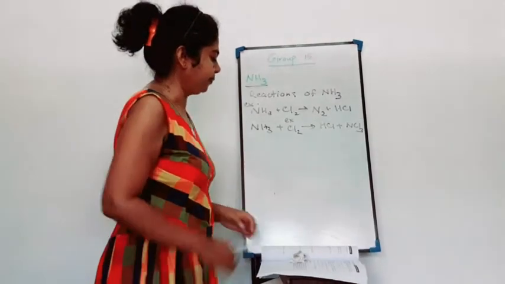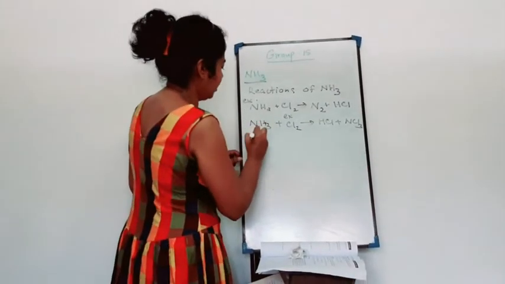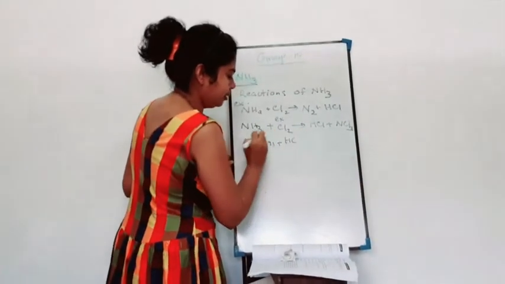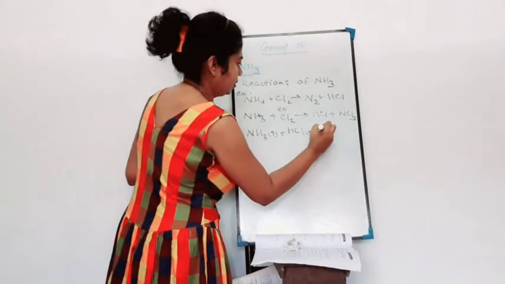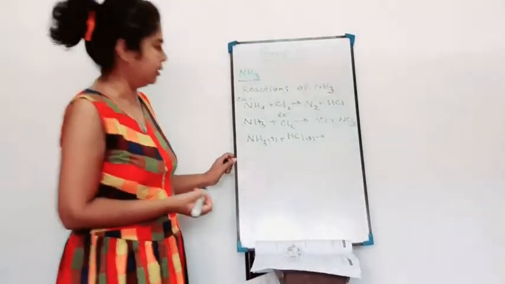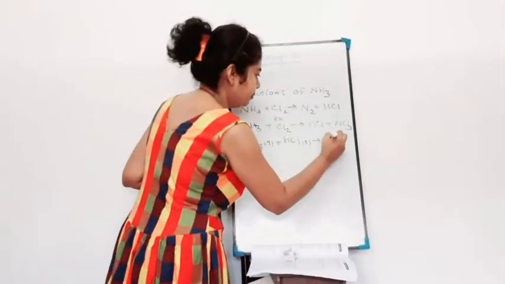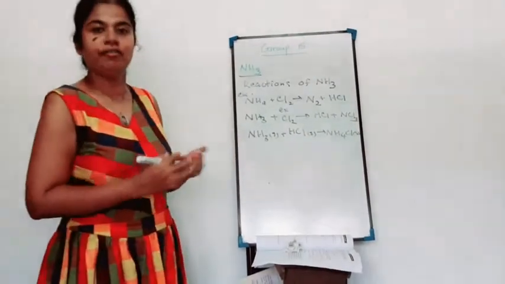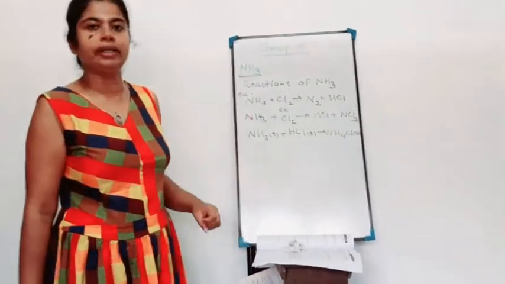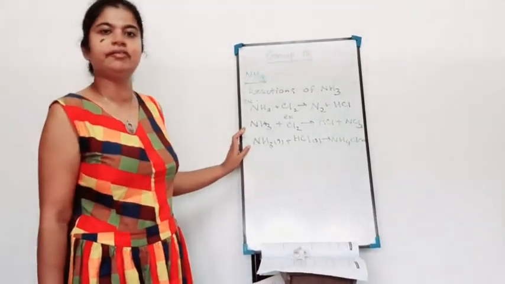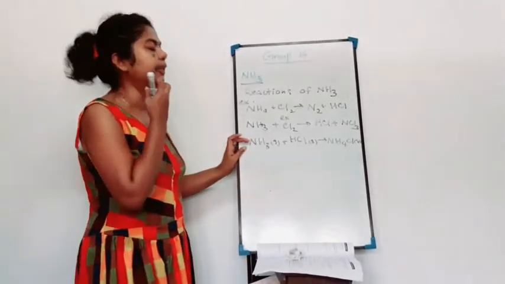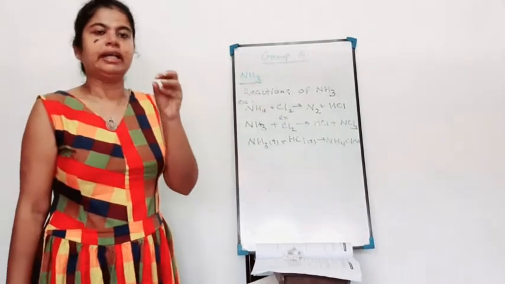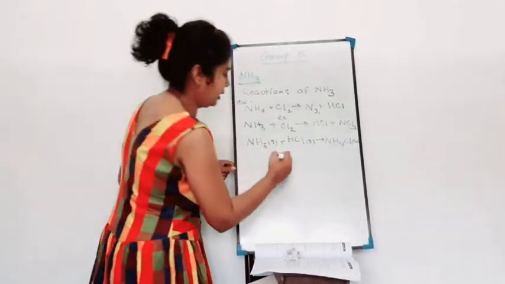Then we come to the next one, ammonia gas with HCl gas. What will be the product? It forms ammonium chloride, a solid. White color fume, like a white color solid. So this can be used as the identification reaction of ammonia, right? Because we can hold the conc. HCl